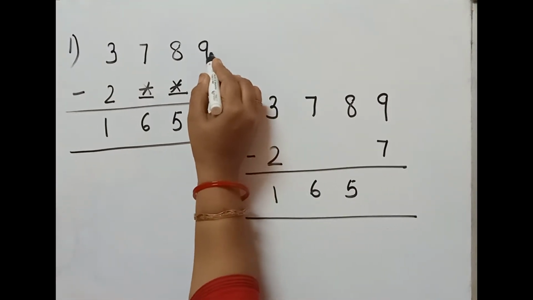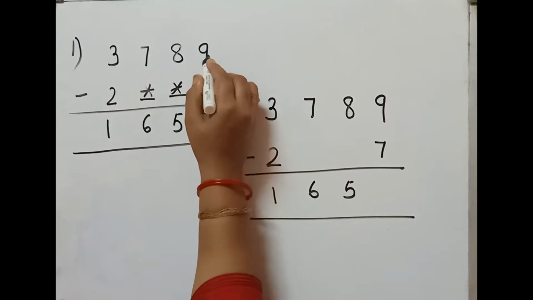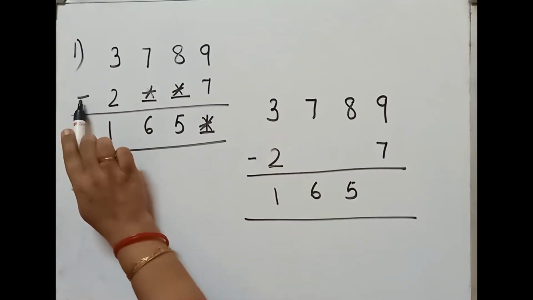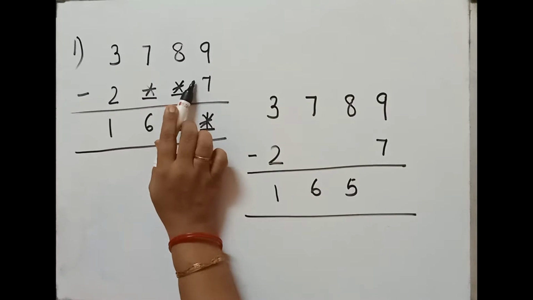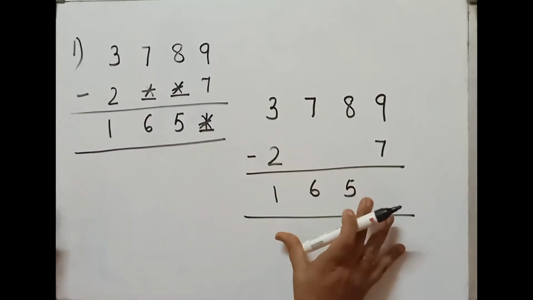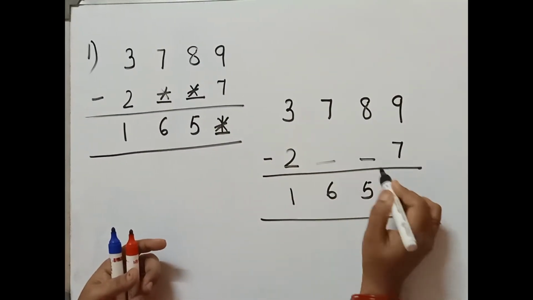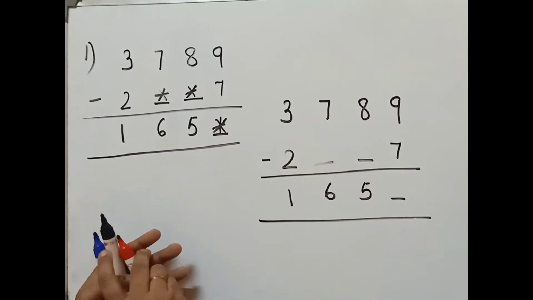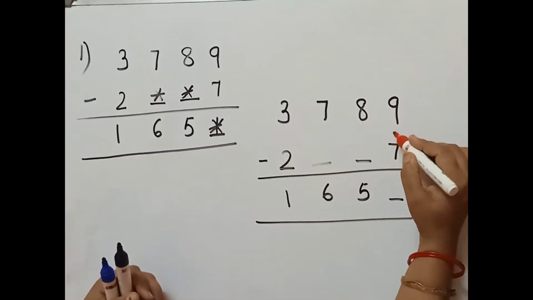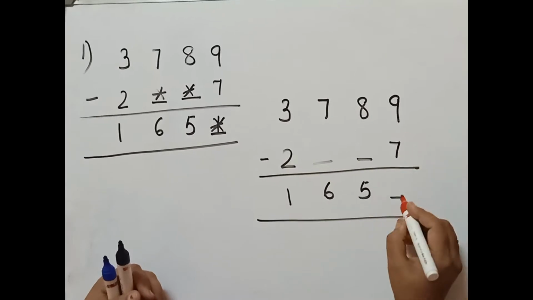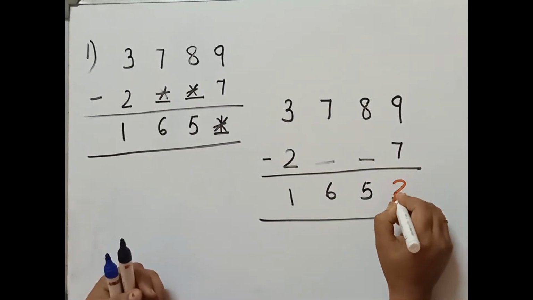Now the first number is given, 9, 7. So once it is given, we are able to do simple subtraction. Is it clear? So this is the question we are solving here. We have to find the value of what is given here. Now 9 minus 7, we are getting 2. So this is simple subtraction.